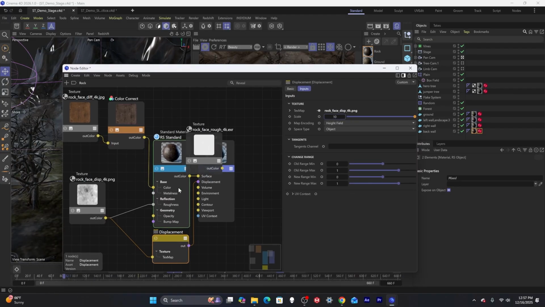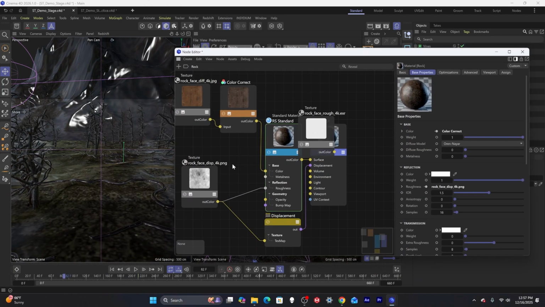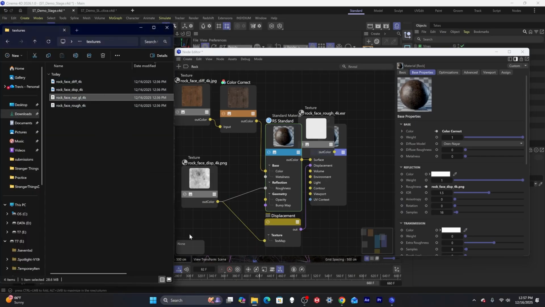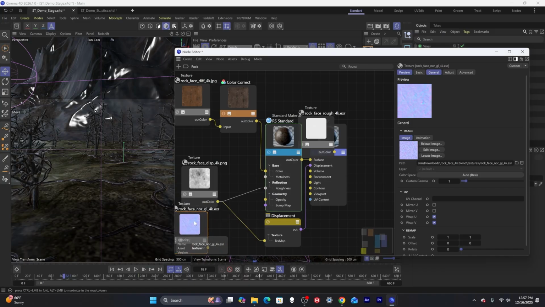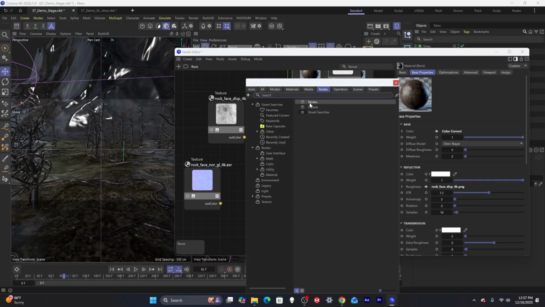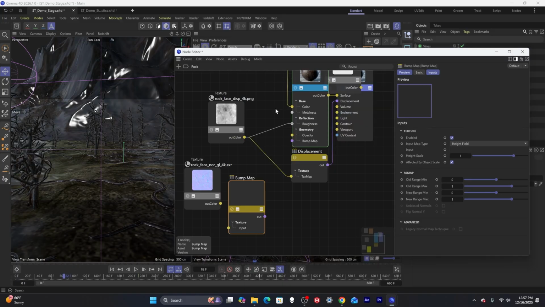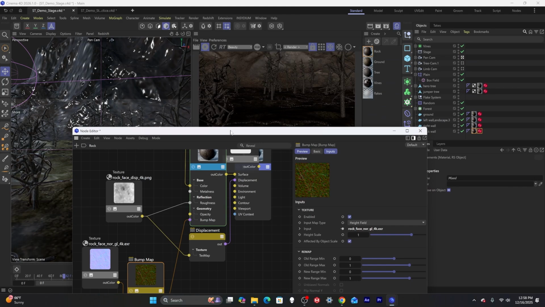I think I want to take advantage of that normal I just deleted and go ahead and add a bump in for that wall and for the ground. Let's go back and find that. So here's the normal map. I'm going to use this for the bump, and to do any kind of bump maps we have to do the same thing. We've got to come in and add a bump node, and we'll add the bump here and port that to the bump there. That should give us a little bit more